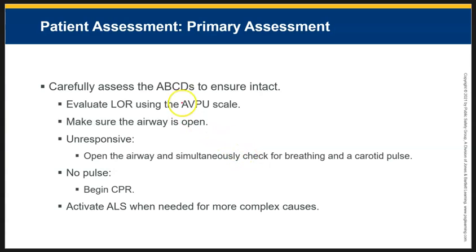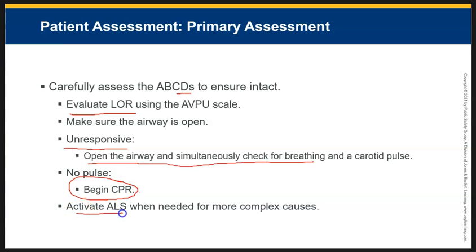But in this case, dealing with a patient with altered mental status, we want to really consider where they are on the AVPU scale in terms of level of responsiveness. Make sure the airway is open, of course, and in an unresponsive patient, open the airway, check for breathing and a carotid pulse. We may need to go down our CPR algorithm and activate ALS if the patient is unresponsive